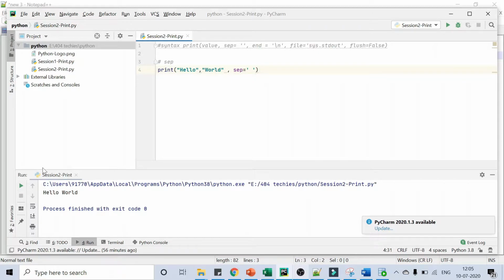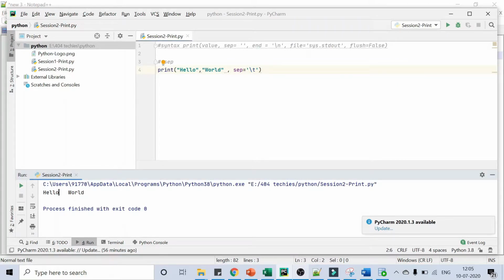If I run it now, we will get the same output. If I change the separator to no space, where by default there was a single space, let's see, there is no space between the two strings. If I give \t, slash t is for one tab space, so the separator would be one tab space.